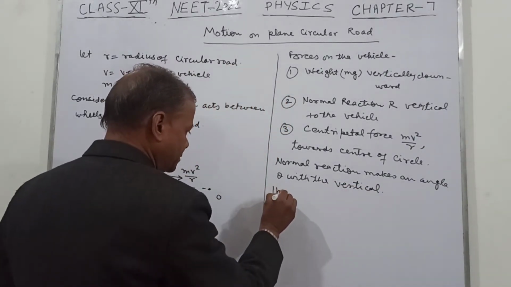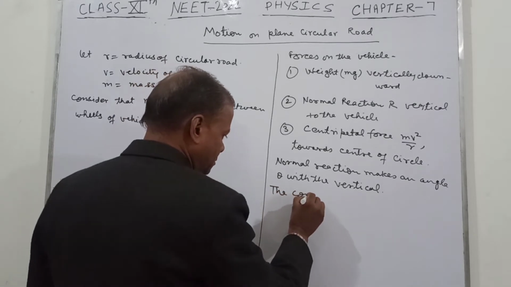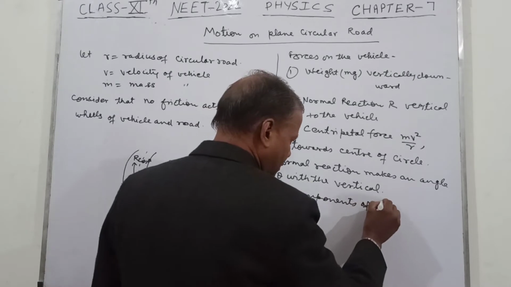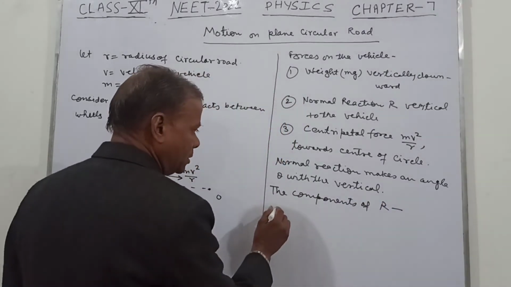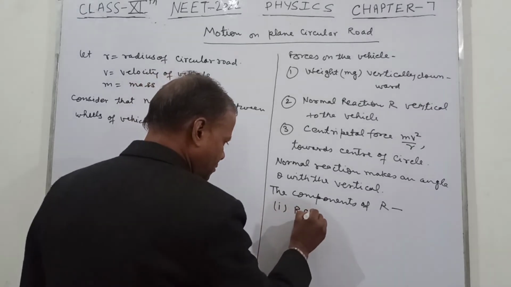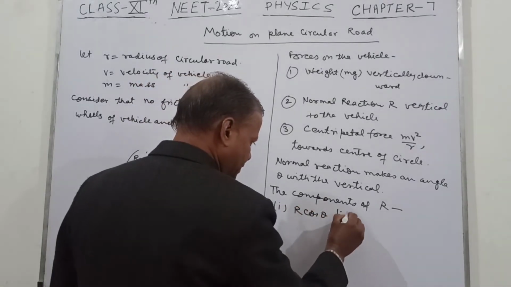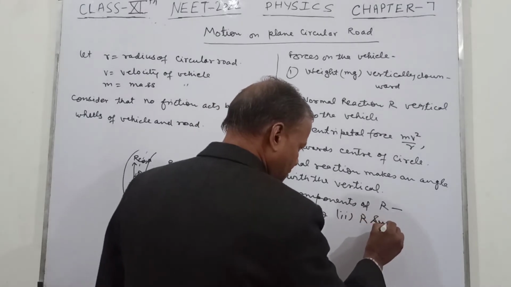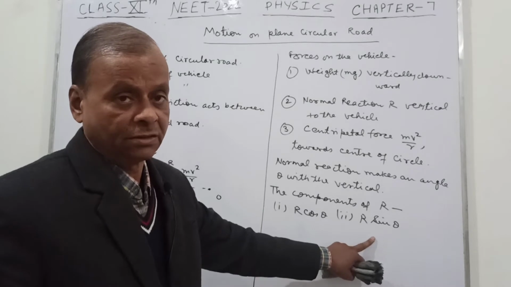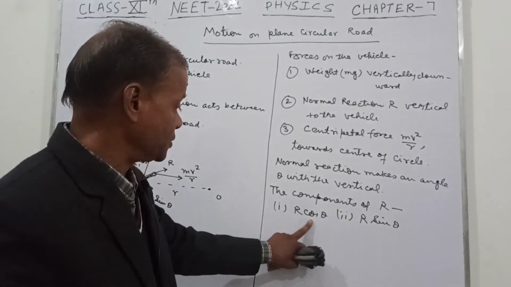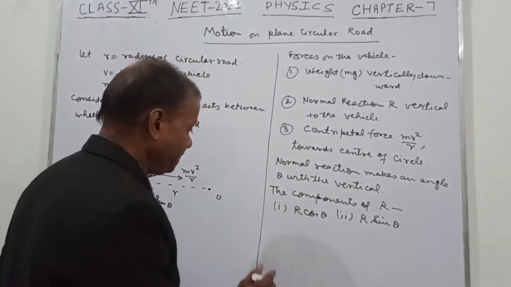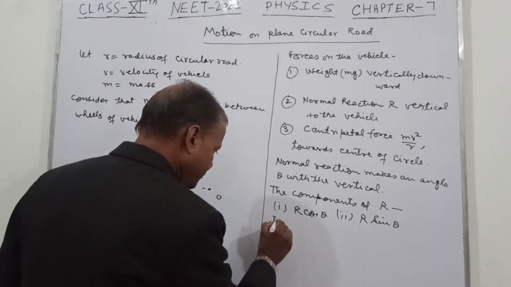The components of R are R cos theta and R sin theta. The component R sin theta provides the centripetal force and R cos theta is balanced by the weight of the vehicle. So in equilibrium,